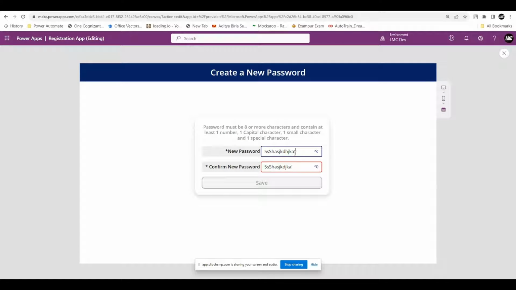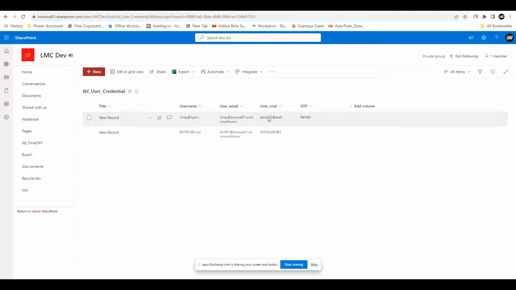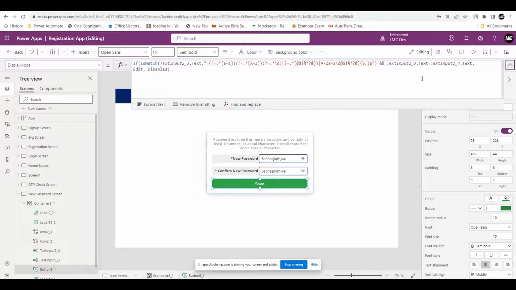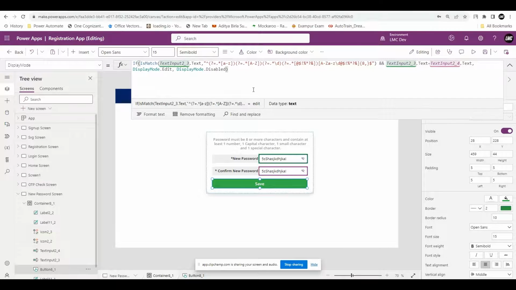Now if I play the app, currently I am getting an error in confirm password, so this button is being disabled. But if I copy this and paste it up here, everything is fine, right? And as soon as I hit save, this password should get saved up here. This password should get updated in my user cred. So again,